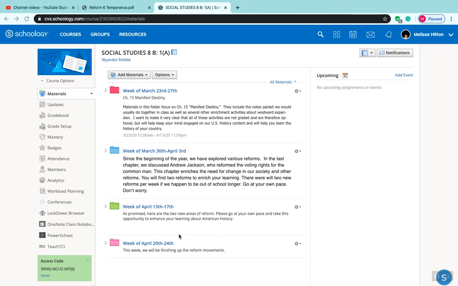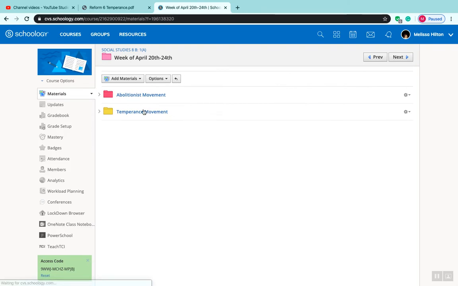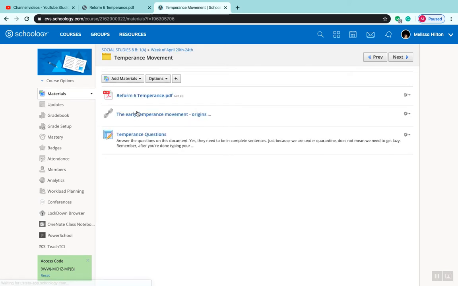Okay, this is our second reform movement, and it is the temperance movement. You click on the week, and you'll see it's this folder right here. So you should have already completed the abolitionist movement, and now we're moving on to temperance. And like before, you have a PDF file, which you'll click on, and I already have it pulled up right